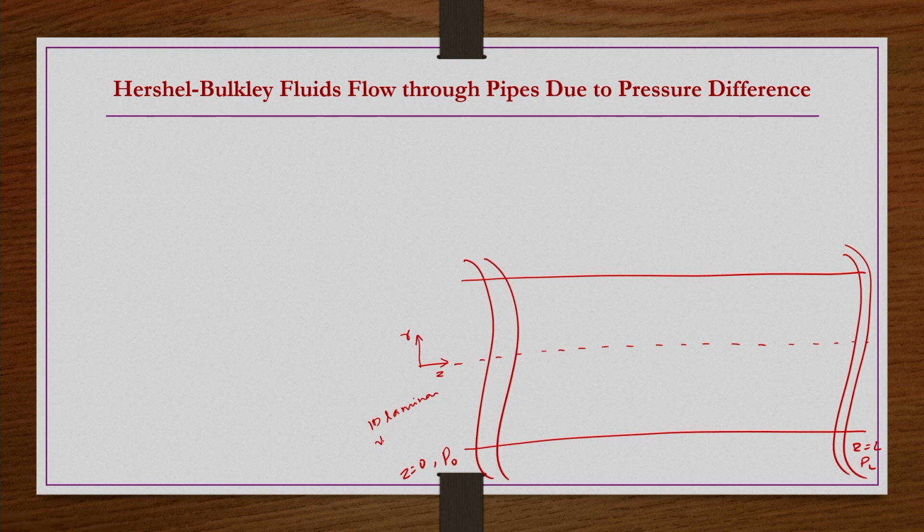So, Vz is the dominating velocity component because flow is taking place in the z direction, and this Vz is a function of r because at the center it is maximum velocity, and at r equals capital R it is 0 velocity because of the no slip condition. So, when we move from r equals 0 to r equals capital R, velocity decreases. That is what we are taking, and compared to Vz, the other components of velocity Vr and V theta are very small, so we can neglect them. These are the assumptions.